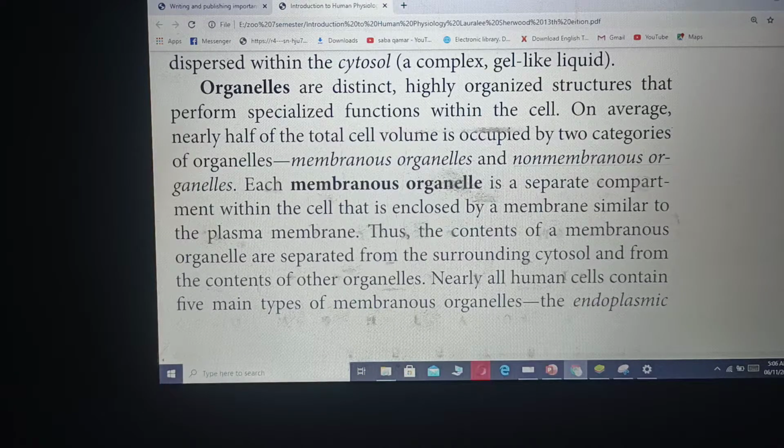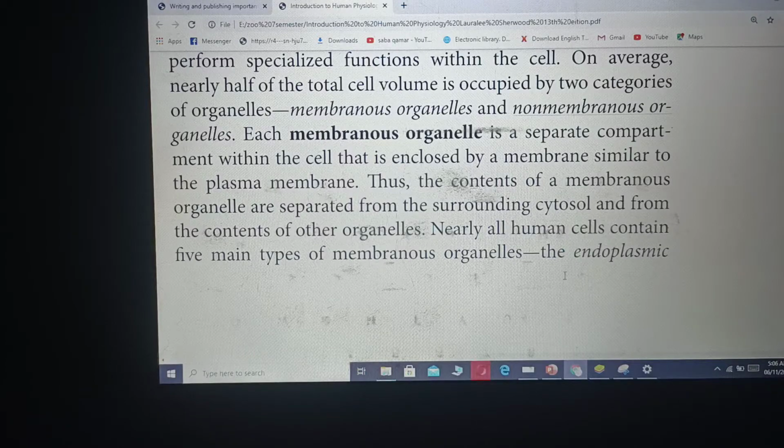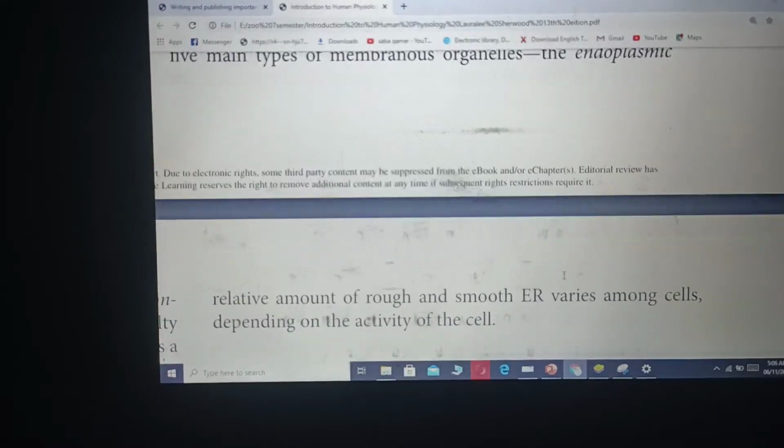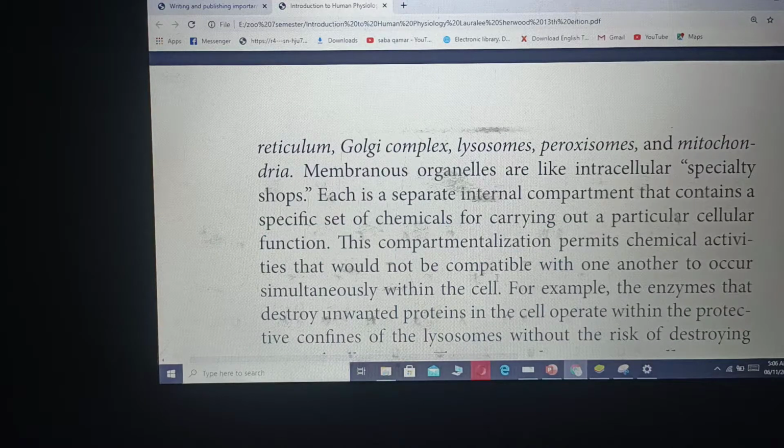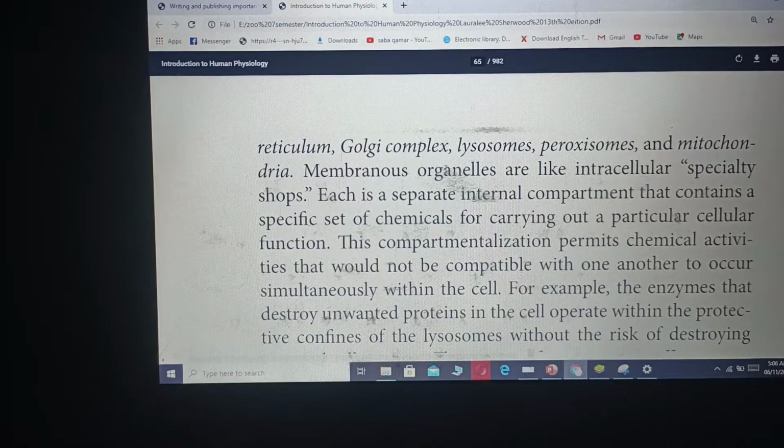There are five membranous organelles. The first one is endoplasmic reticulum. The second one is Golgi apparatus. The third one is lysosome. The fourth one is peroxisome, and the last one is mitochondria, which is also known as the powerhouse of the cell. Actually, membranous organelles are just like intracellular specialty shops, and we know that from a specialty shop we can buy